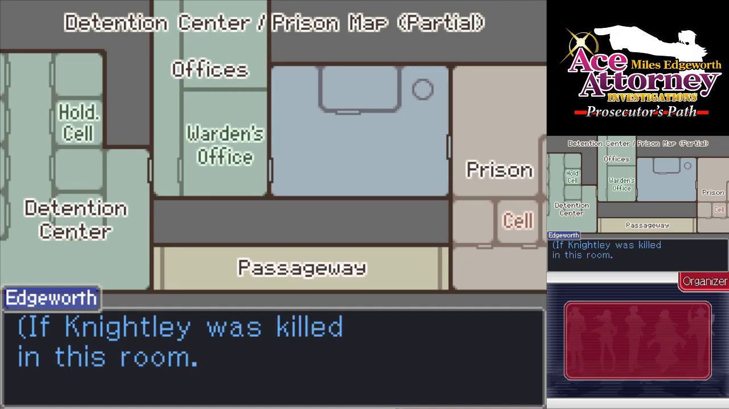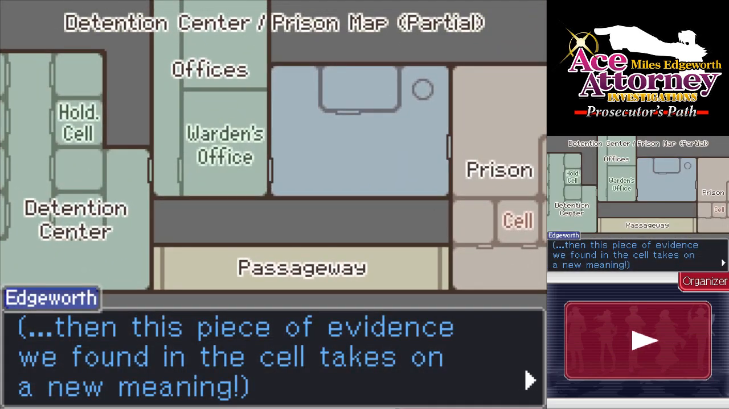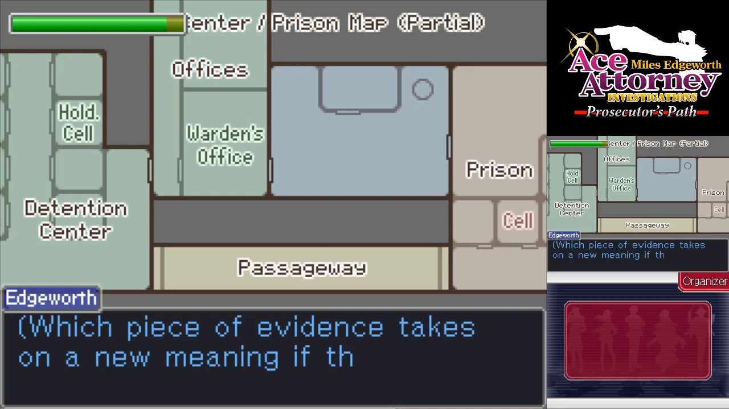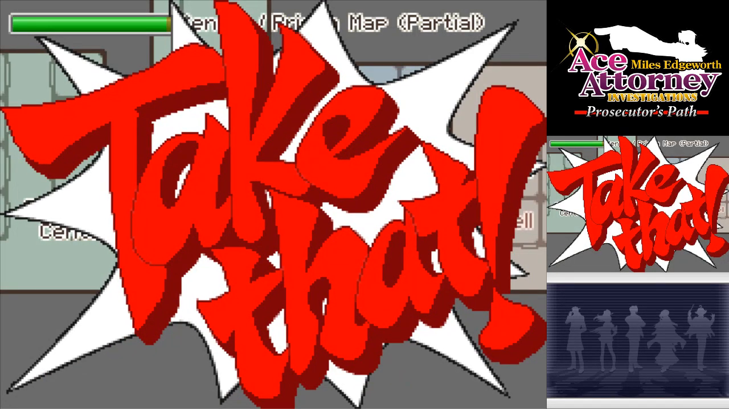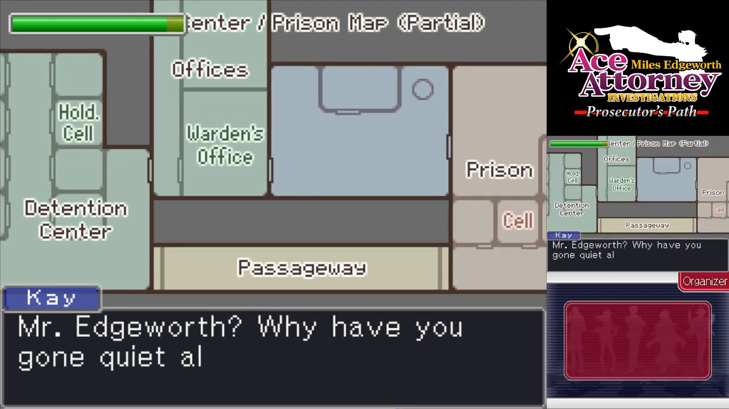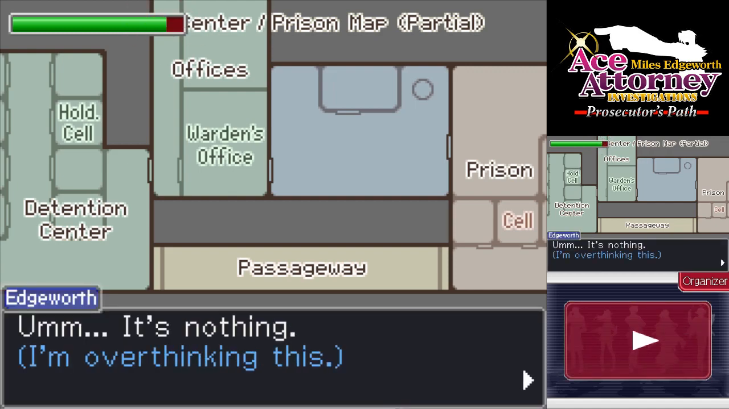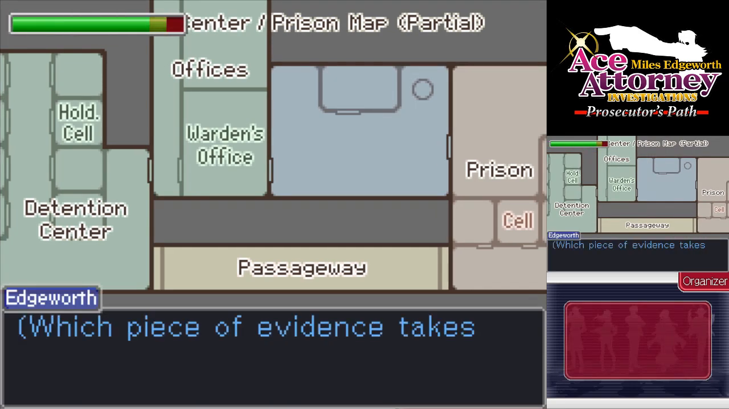If Knightley was killed in this room, then this piece of evidence we found in the cell takes on a new meaning. Which piece of evidence takes, oh, that would be the bloodstained sheet, right? Yes, the meaning of this evidence, no. Mr. Edgeworth? Why have you gone quiet all of a sudden? It's nothing. I'm overthinking this. If Knightley was killed in this room, then, okay, so...